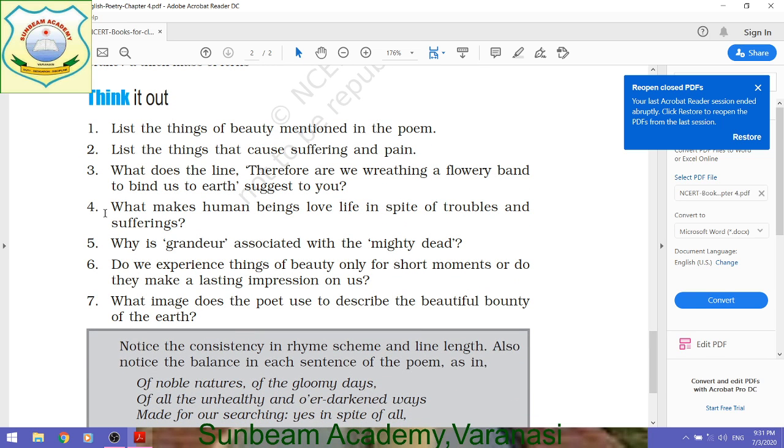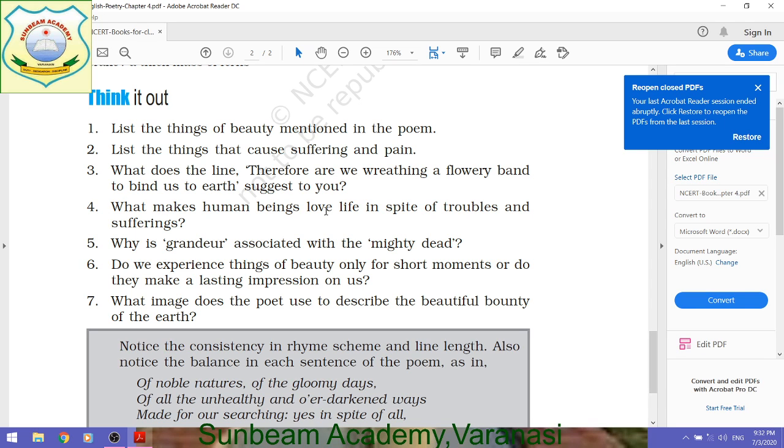This is also an important question. When I tell you these are important questions, you definitely mark them as important, because those questions can also be asked in your board examinations, and you must know the answers. The answers to these questions must be written in your notebook, and you also have to understand this: